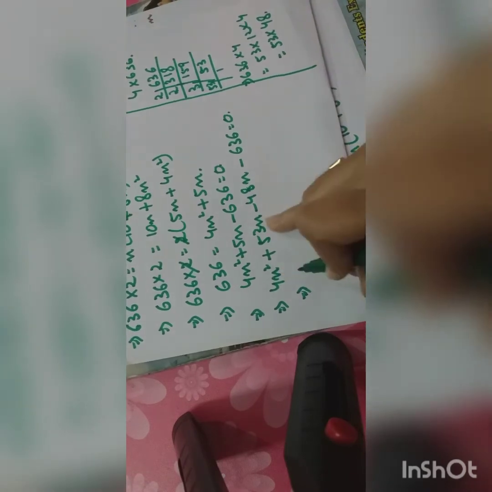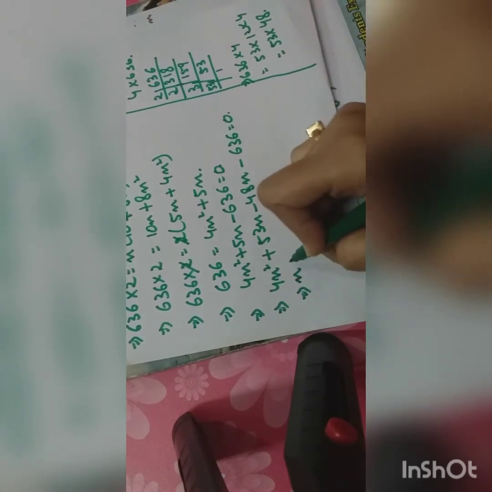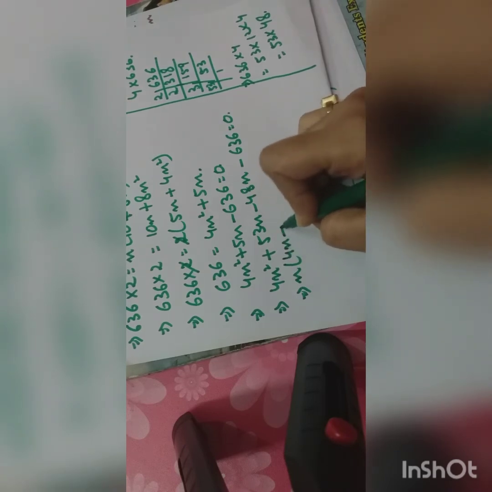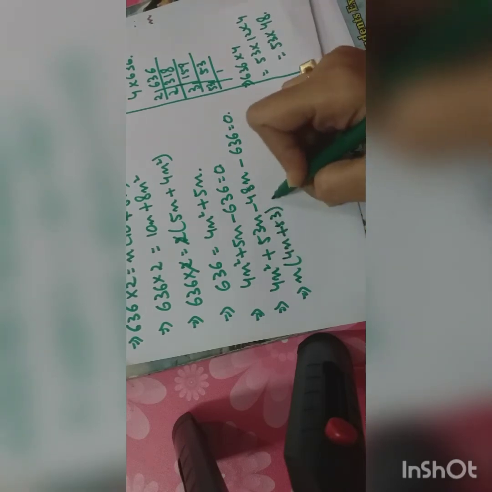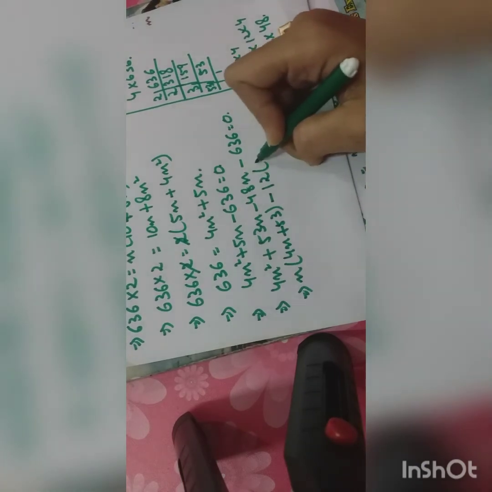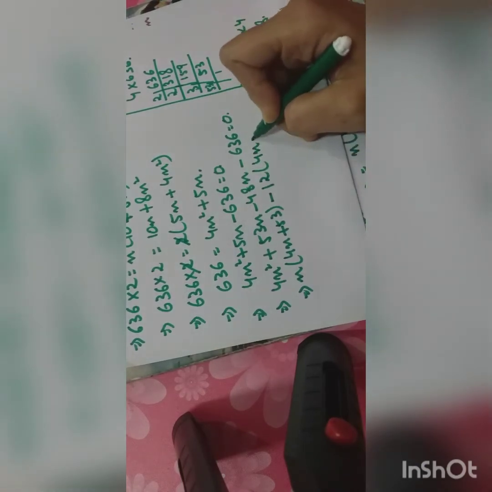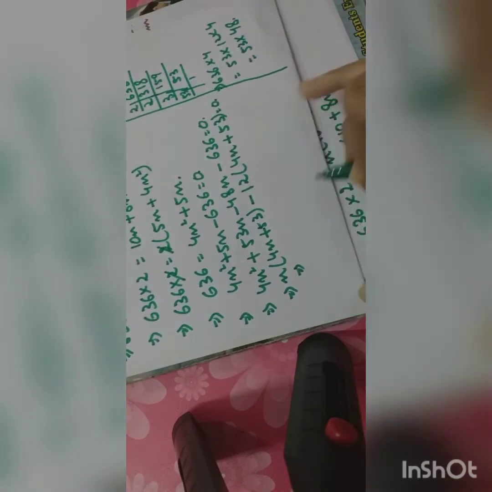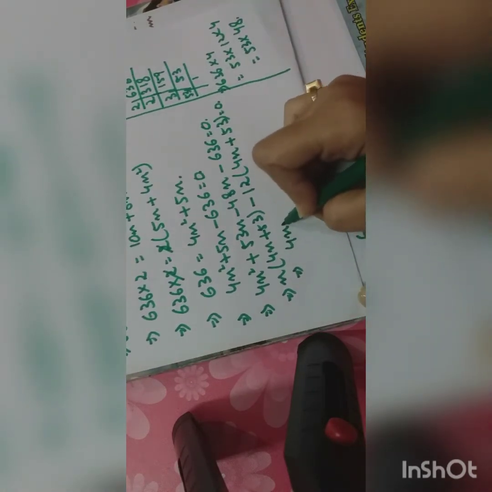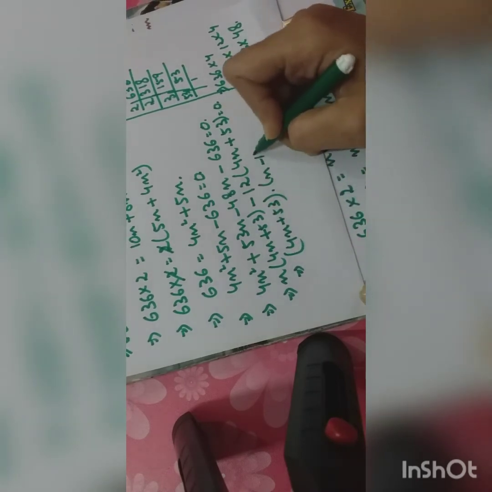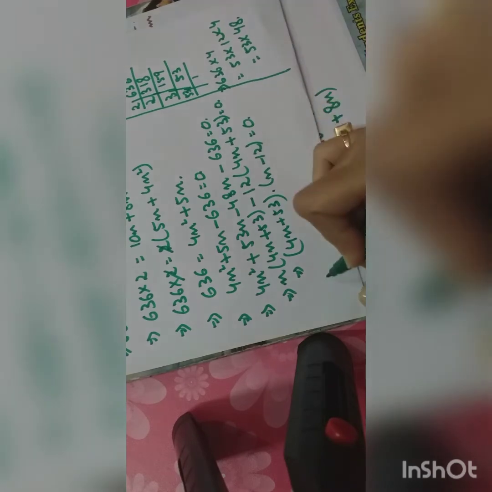So here in the first two terms nothing is common, but the variable part n is common. So here it will be 4n plus 53, and here 12 will be common. So 12 4s are 48 and here it will be 53 equals to 0. So it can be written as 4n plus 53 into n minus 12 equals to 0.